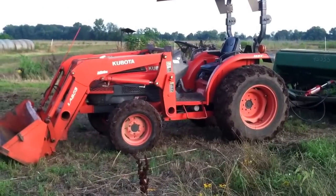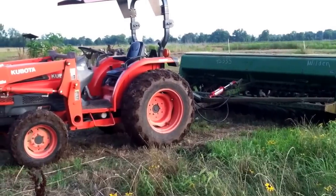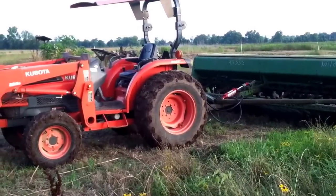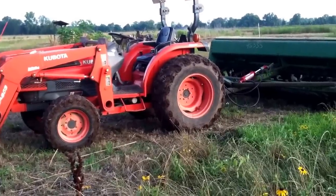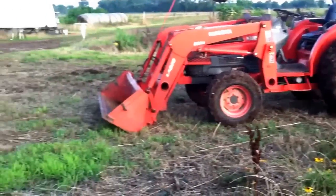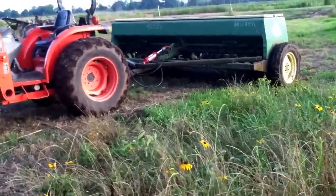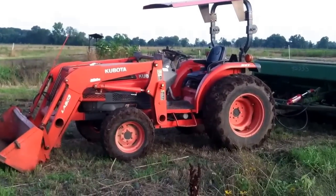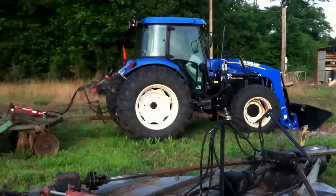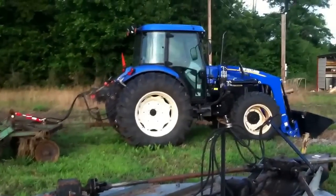All right, folks, pretty much done with planting for now. We did plant all 50 pounds, I'm sorry, not acres, so it was a little over 2 acres. So we figured about 20-something pounds per acre, so we obviously have more than 2 acres for milo this year. The reason why we use this tractor versus that tractor, I don't know if I touched on this earlier, this is about 5,000 pounds. That's about 12,000